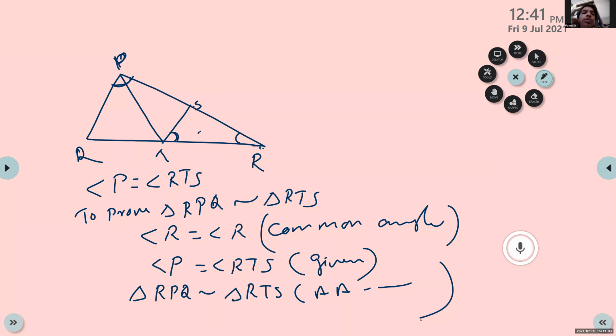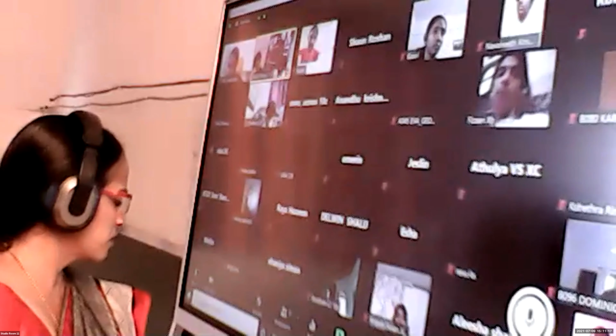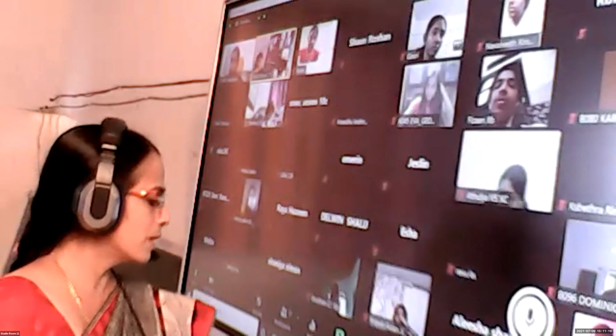Ma'am, in that question, will they give the figure and ask us to find the angle? Those type of questions won't come. Finding angle and figure, very rare. Proving similarity will be